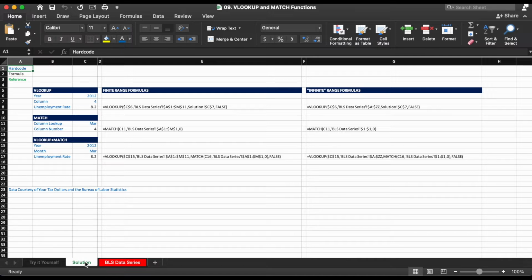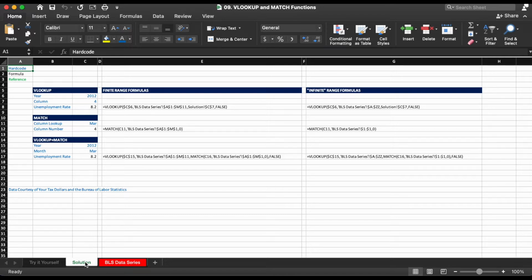Fourth, if you use an absolute reference for the number of columns to go over and then insert a column between the first column and the original lookup column, you will not return the correct value. For example, if you start in column A and enter 4 to go to the fourth column, you will return the value in column D. But if you insert a new column between A and D, the lookup will still return the value in column D, but you may actually be looking for the data in column E.